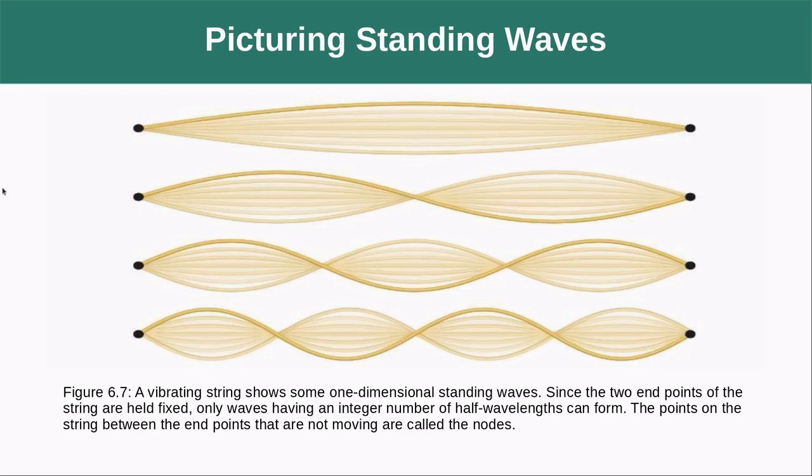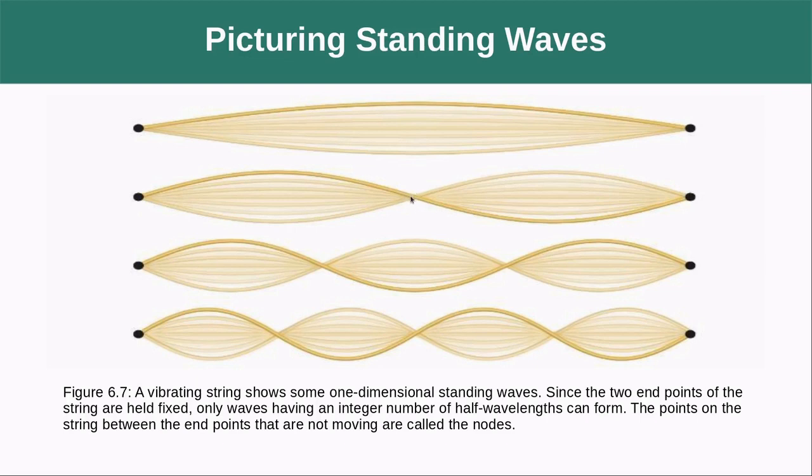So I said that it was half integers of the wavelength. So if a wavelength is it going up and then back down again, we can see that this first top one here is actually only half a wavelength. So this is only an up and none of the down, right? Here we have 2 halves or 1 full wavelength. So we get the up, we get the down, it comes back to its first point, and in the center